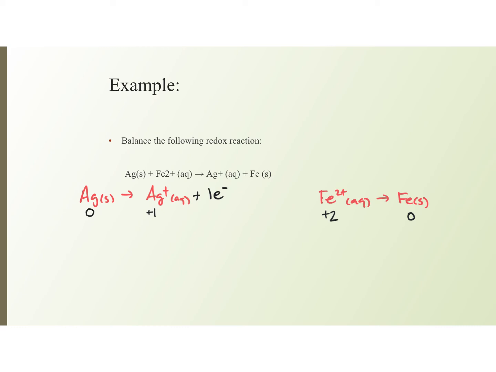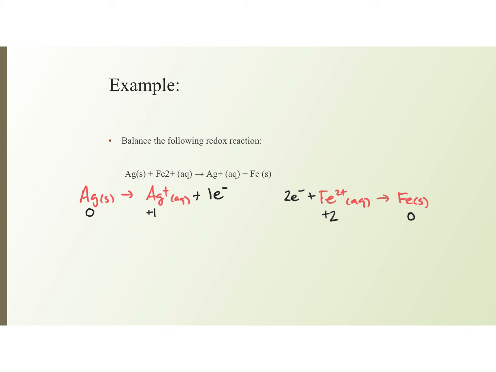Okay, and hopefully that makes sense to you, so you can see that the +1 on the Ag and the -1 on the electron total combine to an overall charge of 0, which matches the oxidation number of the silver solid on the left side. So for the Fe half reaction, we should add the 2 electrons over here. And notice this 2, because we have a 2 plus going to 0. So when you add the 2 electron negatives and plus 2, that would give you an overall charge of 0